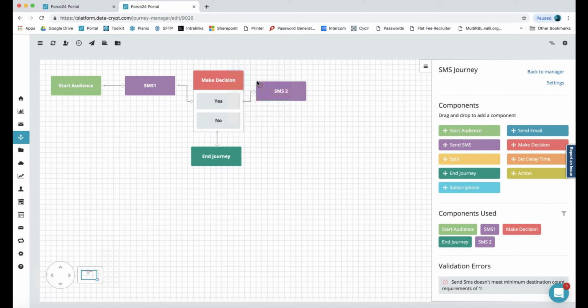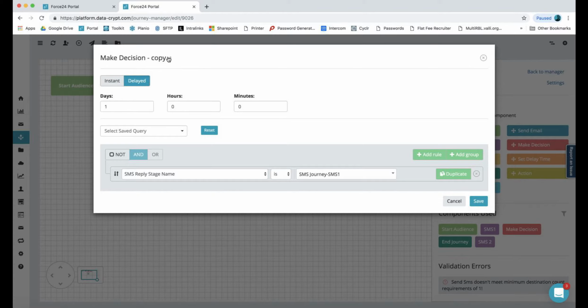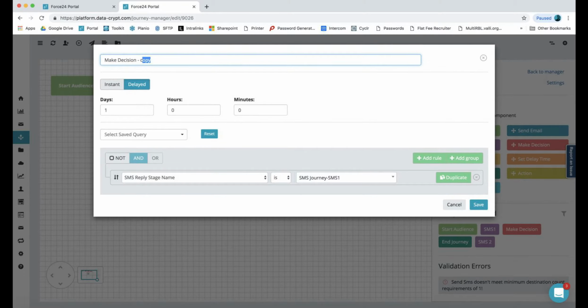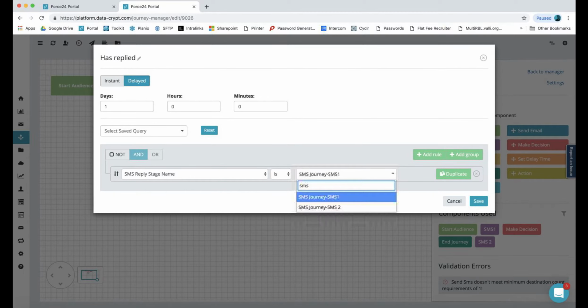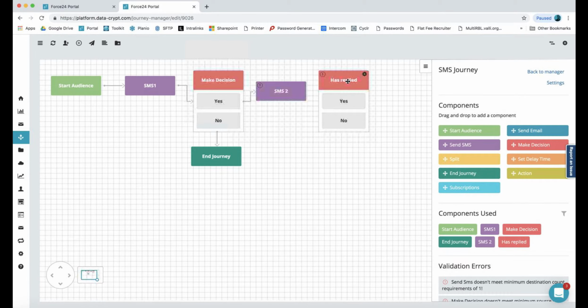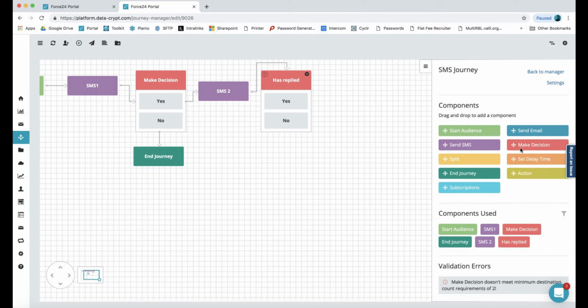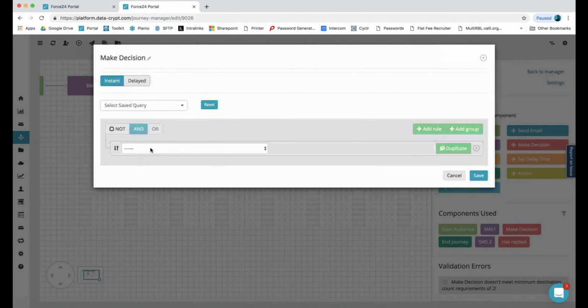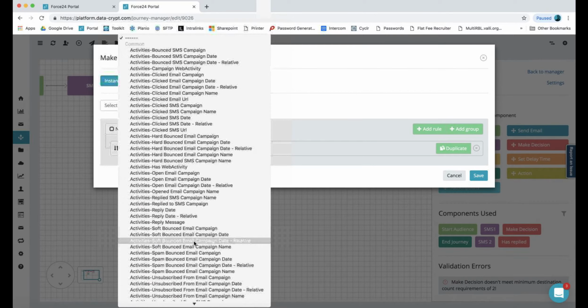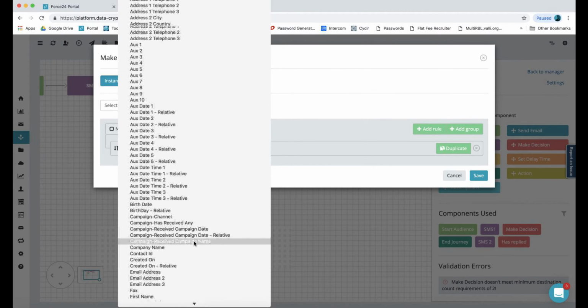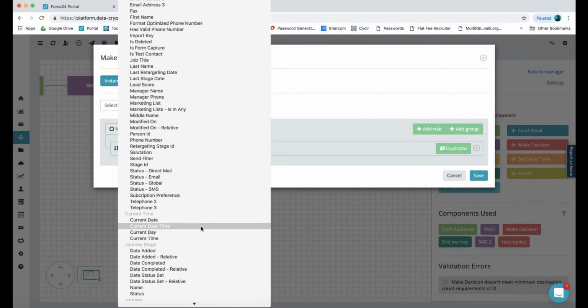So I'm going to clone this stage, and I'm going to make it a day again. I'll say has replied. And this time it'll be SMS 2. And now I want to know what they replied. So if it was a yes. So again, this time I need to link a make decision stage directly to a decision stage. So I just need to select my SMS reply, which is,